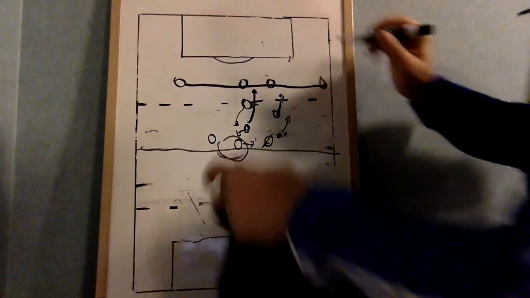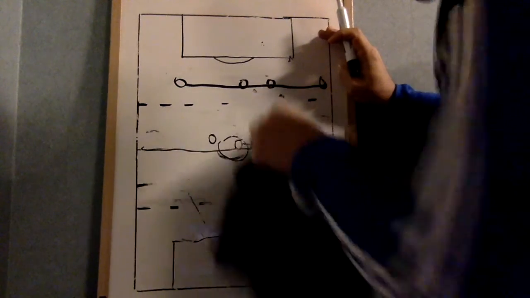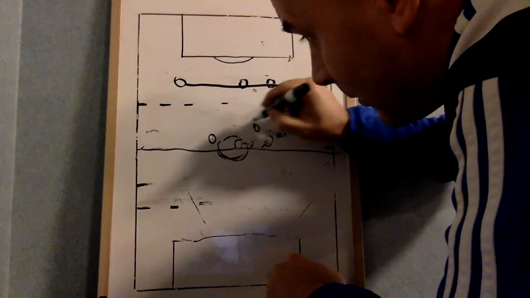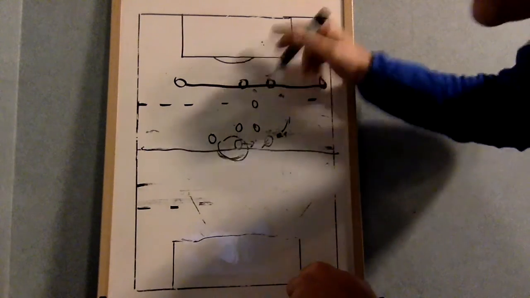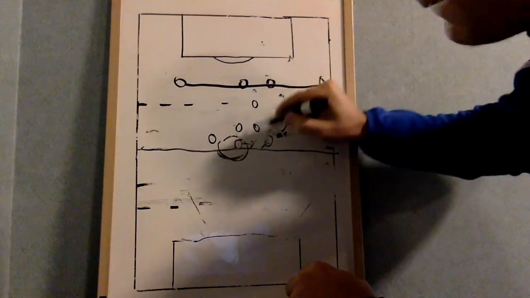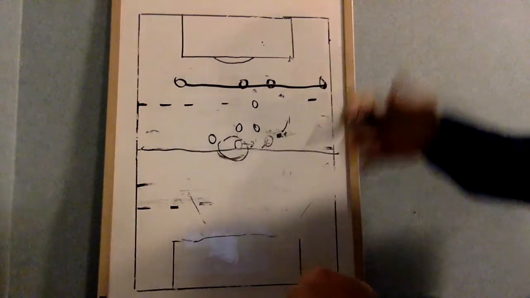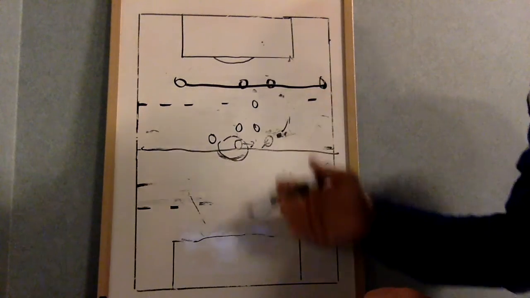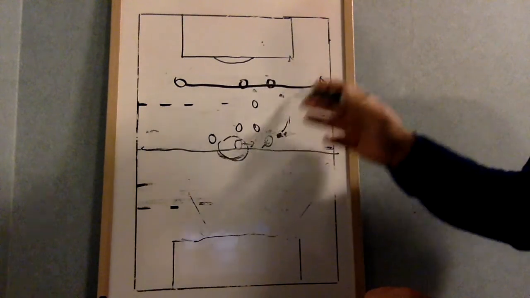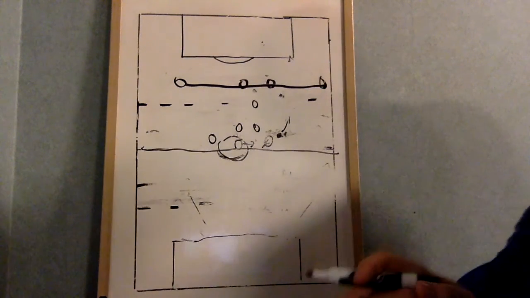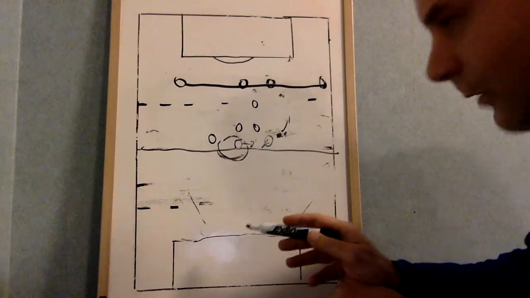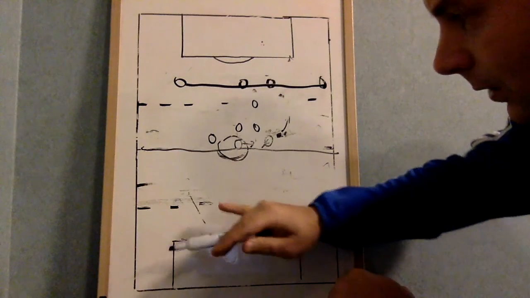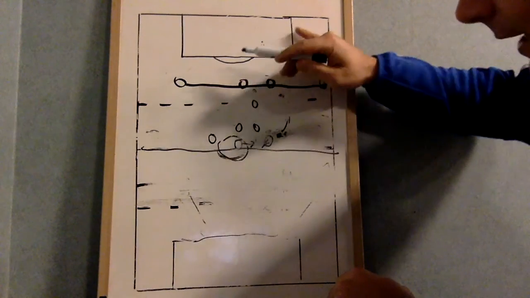Maybe it's a little later in the game, and you're going to manage the game a little differently. So maybe you keep your number 8 home and your number 6 home, and maybe only your number 10 goes forward. So now you're attacking with 5, and you have a little extra defensive cover here. Formations, again, there's flexibility, there's philosophy that goes on, and you have to teach your players how to be good decision makers. So for this first lecture, what I want you to keep in mind is defensive, middle, attacking,